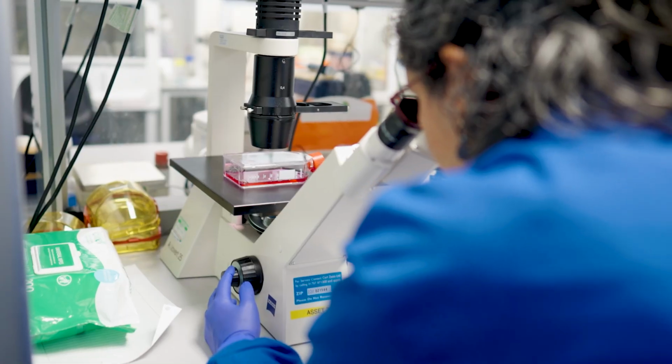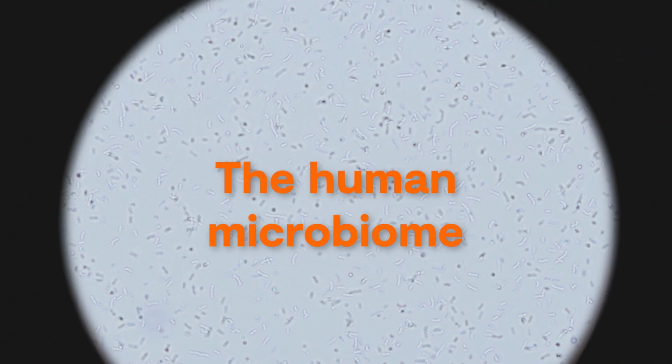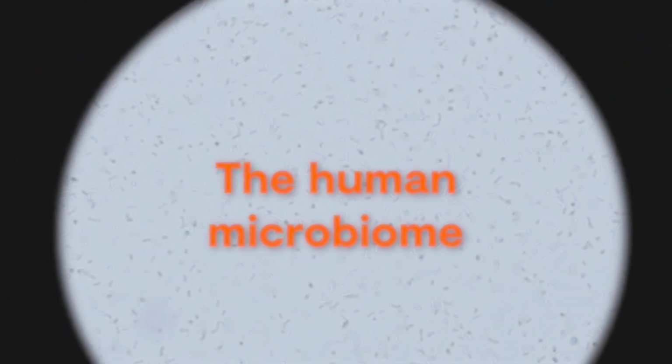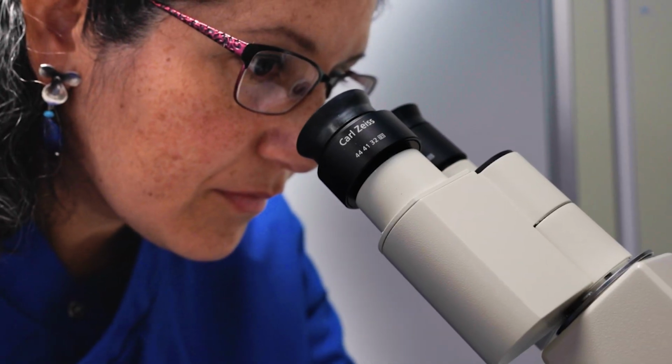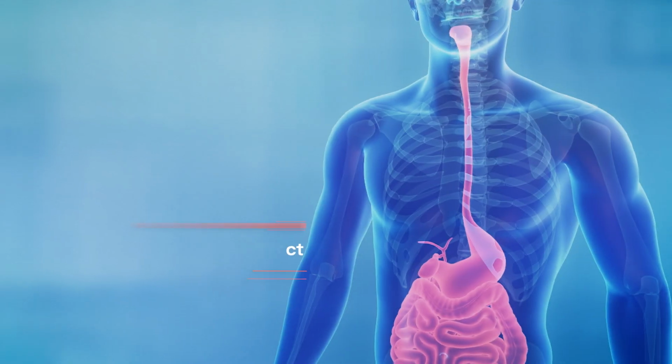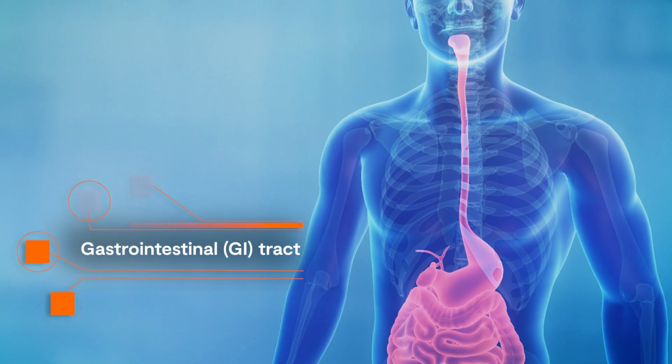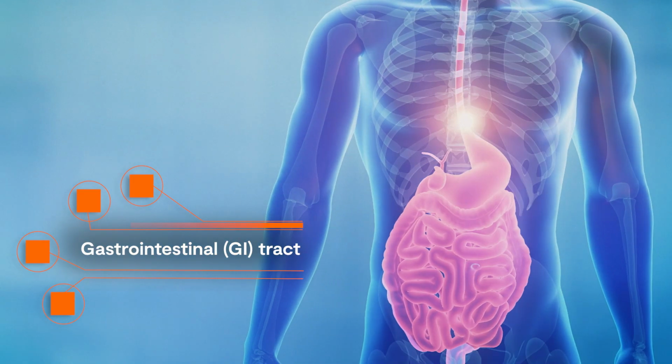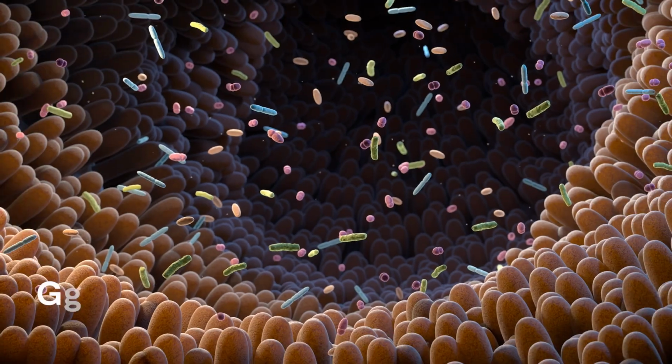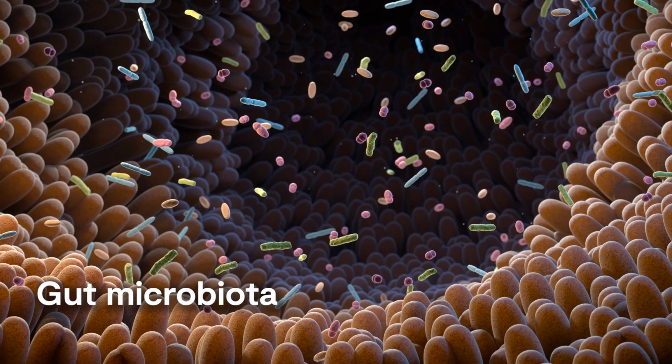The human microbiome is this amazing collection of trillions of microorganisms that inhabit our body, both inside us and outside us. We are particularly interested in the gut microbiota, which are the microbes, that are bacteria, fungi, viruses that live inside our GI tract. One of the main ways that we interact with our environment is actually eating and drinking, and that passes through our GI tract. So our GI tract is actually a very, very essential and critical interface between the outside world and our body. The gut microbiota sits exactly at that interface.